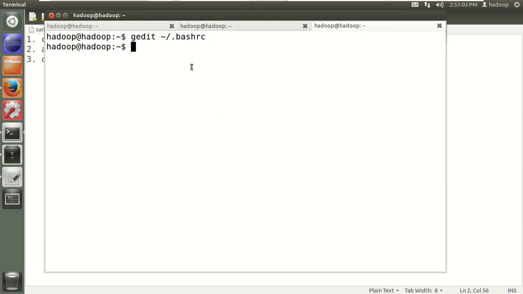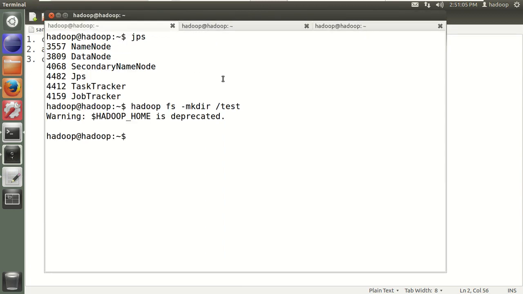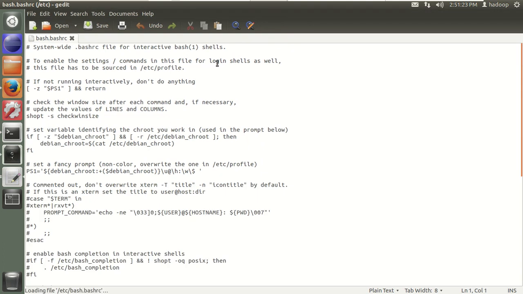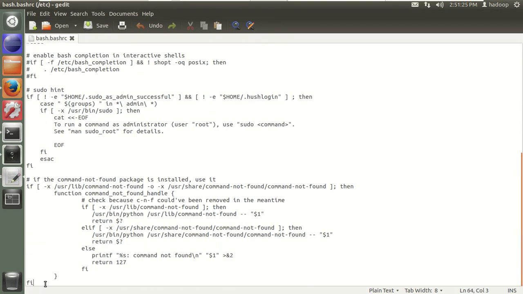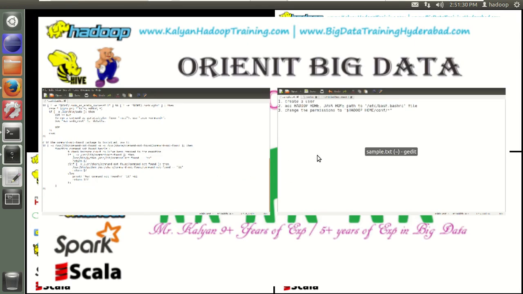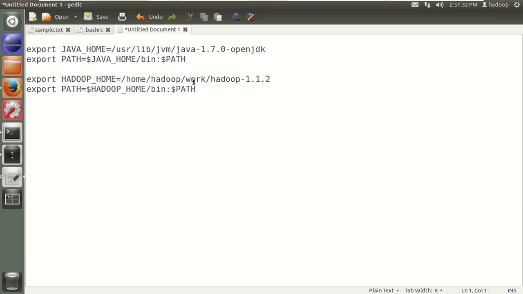For that, let's execute the command: sudo gedit /etc/bash.bashrc. Then enter the password Hadoop. Now let's add these details at the end of the file that we have updated. Okay, let's copy